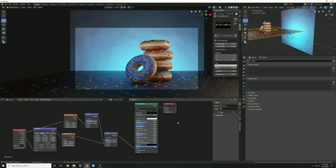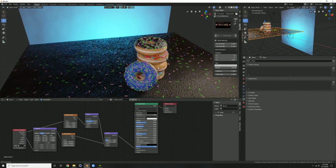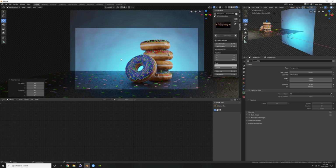There we go. Make it a little more reflective, like it's wet. Let's find a different angle. If I grab my camera. Actually, I don't want to move this camera in case I use this camera. How do you...